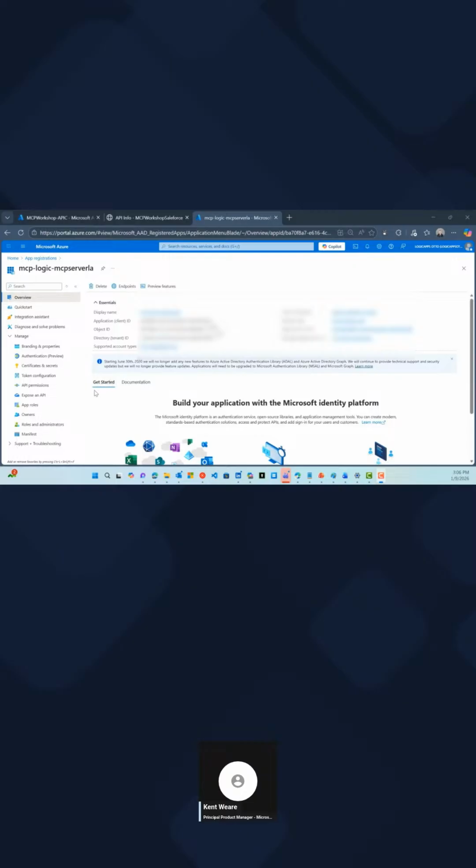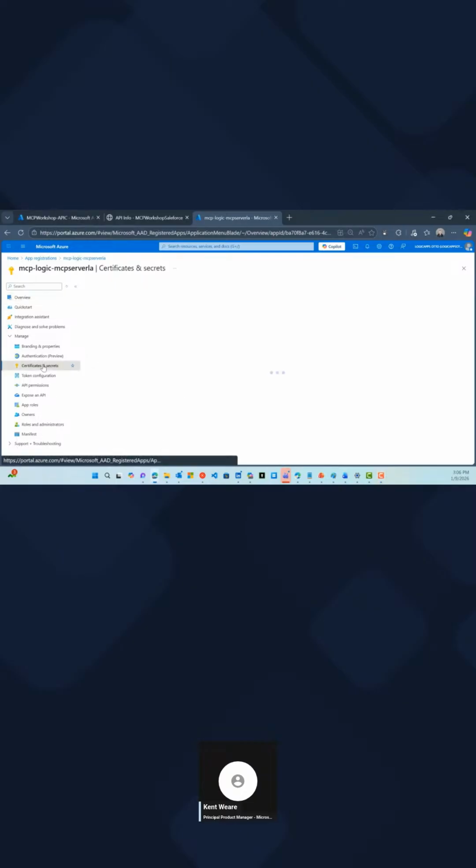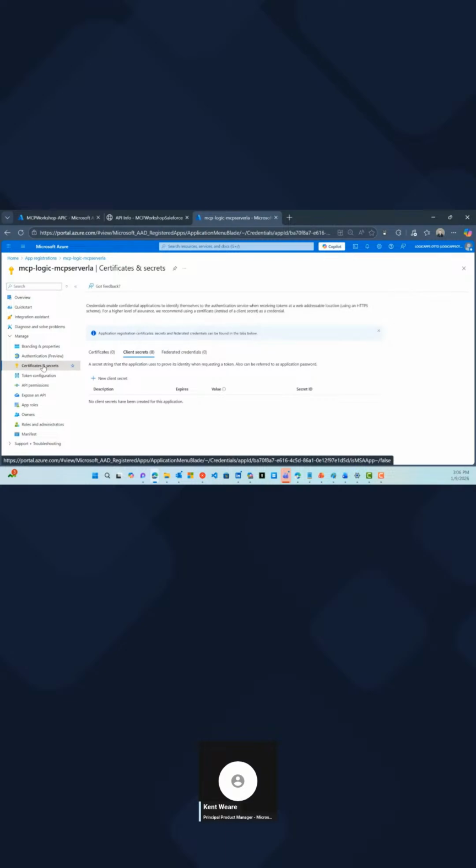Now, one thing that doesn't take place, even though this app registration's been created for us, is that we don't have a secret. And we don't need one when we use it from Logic Apps with Easy Auth because we're using OAuth authentication, so you've got an end user that's typically authenticating with it. Here, Copilot Studio does require the secret or a certificate. And in this case, we're going to use a secret.